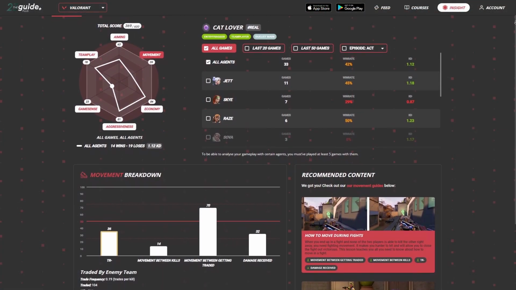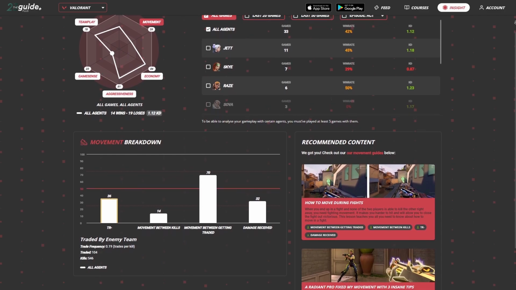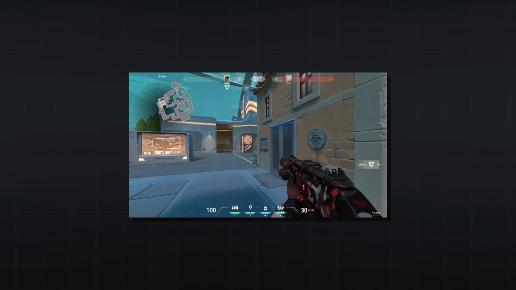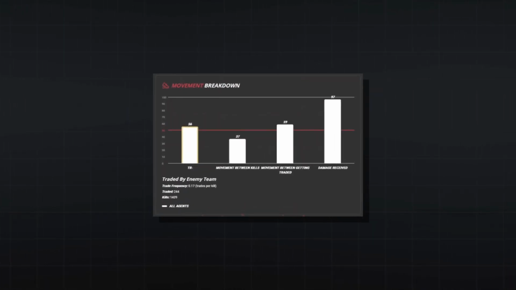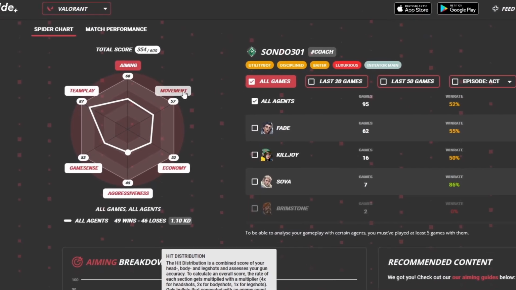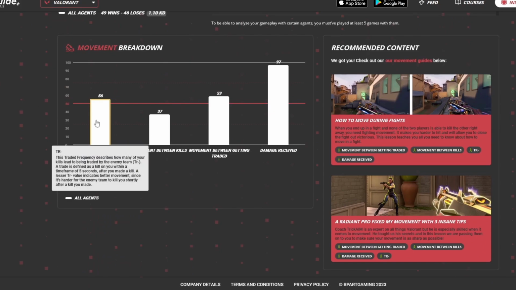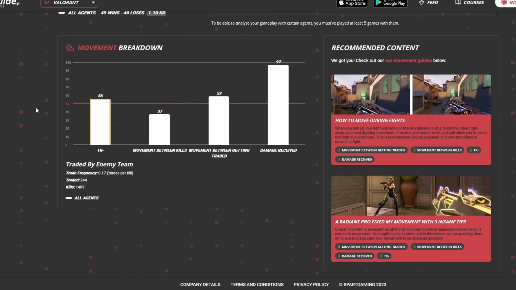Now, in order to find out if you're doing this, we need to look at the Guide's Insight for some data on our gameplay. One indicator of exposing yourself too much is if you're getting traded a lot, which can be caused by you peeking multiple enemies at once. Let's click on the movement data on the spider chart, and this will tell us our traded frequency, labeled on Insight as TR. My score of 56 is decent, but only slightly above average, so I still need to work